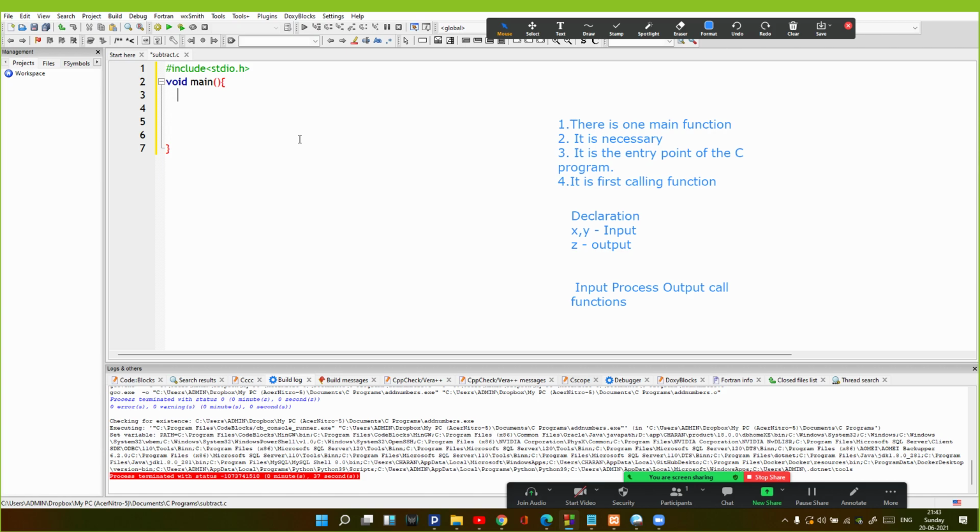The main function always starts with the declaration of the variables that will be used. In this program I am going to take two input variables x and y, and I have to define the type of the input variables, and the type is defined here. Say I use float because it can also contain integer values, and for storing the result, which in this case is the subtraction of x and y, I need one more variable, say sub, or I can say result.